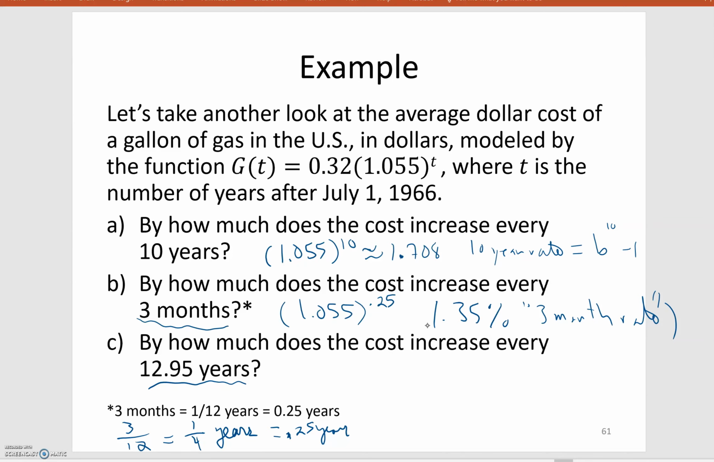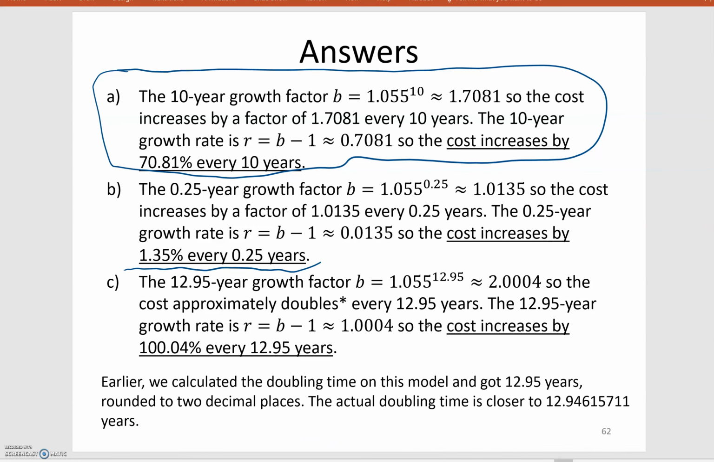Okay, so back to part C. By how much does the cost increase every 12.95 years? So we know this is the doubling time, okay? So the shortcut to this is to remember that, and then note that 12.95 is rounded a bit. So that's why you see a little bit of difference here. So it's not just plain 2 because we did round this value, but we approximately double every 12.95 years,